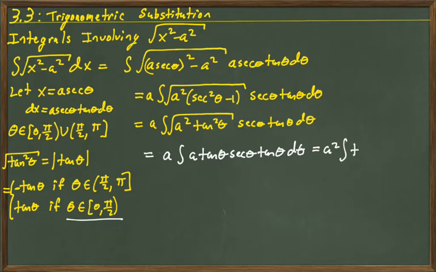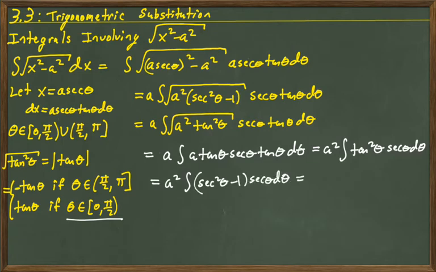which is going to be a squared, integral of tangent squared theta, secant theta d theta. And so this is a trigonometric integral. If we've got secants and tangents, we wanted to save a secant squared and convert everything to tangents because the derivative of tangent is secant squared, or we wanted to save a secant tangent and convert everything to secants. Either one of those is not going to work out real well, but we are going to rewrite the tangent squared as secant squared theta minus 1, times the secant of theta. And this actually becomes integrals that we do know. So this is going to be a squared, integral of secant cubed theta